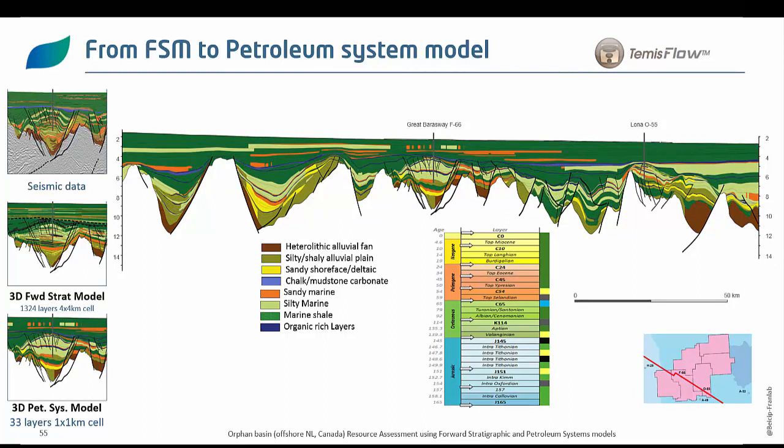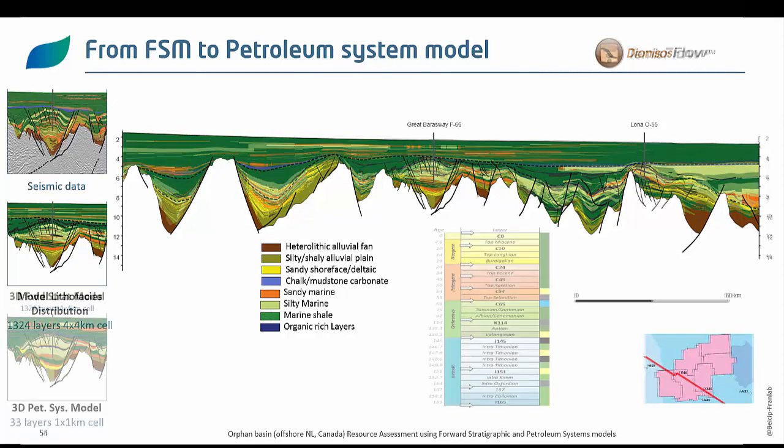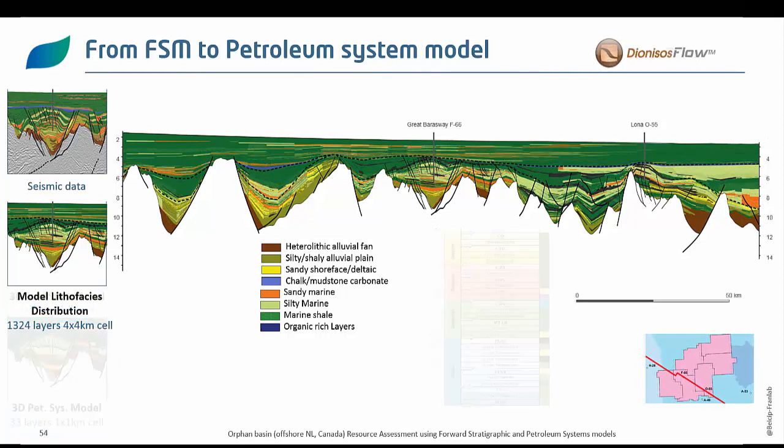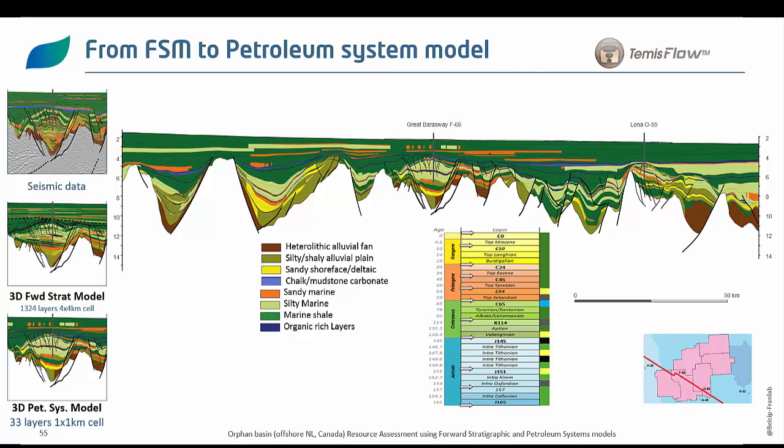So this is the resulting upscaled petroleum system grid, where the main lithofacies distribution is respected and the petroleum system elements are included. So I can go back and forth between the two grids, so you can have a feeling that the main architecture is respected there. And the important message is that these facies, or the architecture, are respected, and most importantly, the petroleum system elements are all implemented into the geomodel.